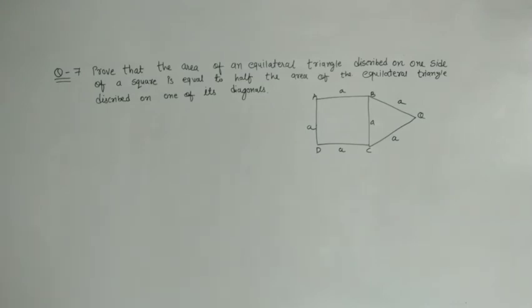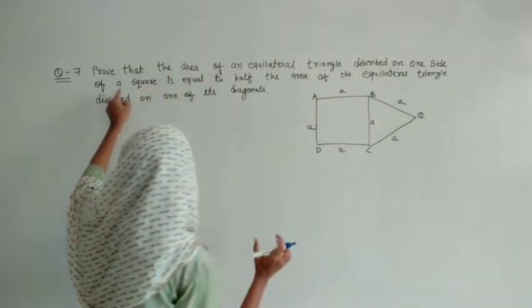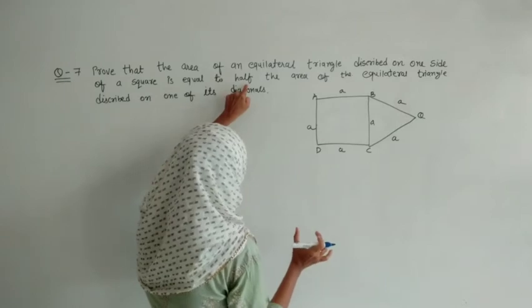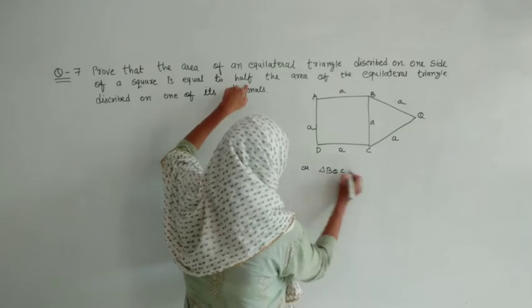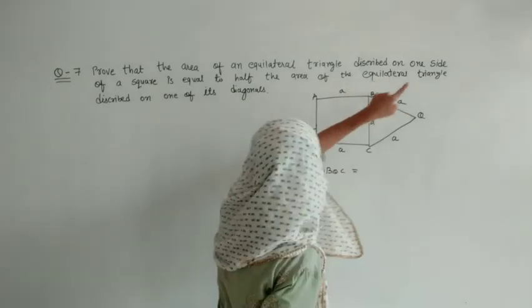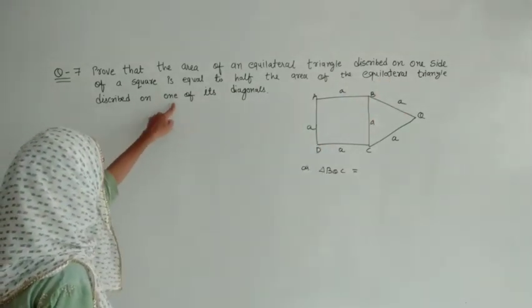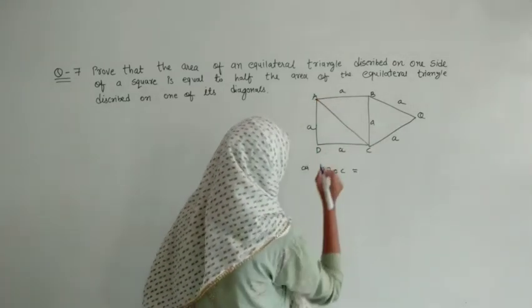That is for our understanding. If you want to take this kind of value, you can take in this way. I don't know the exact measurement, so I have taken it as a variable A. So what we have to prove? We have done this thing, that the equilateral triangle described on the side of the square, this triangle means triangle BQC and its area, will be equal to what? Half the area of the equilateral triangle described on one side of its diagonal. Means this square obviously having one diagonal, and